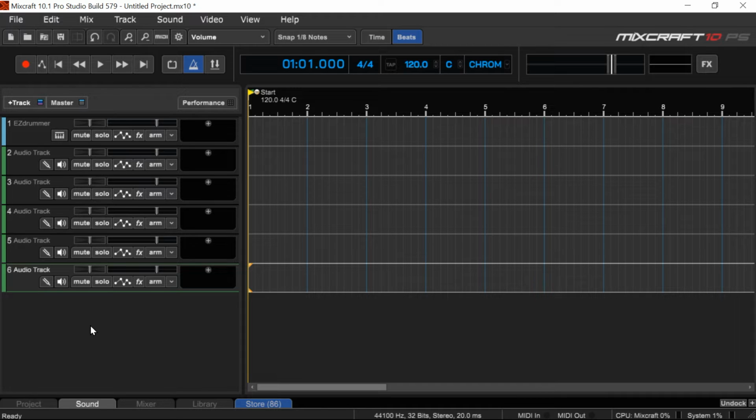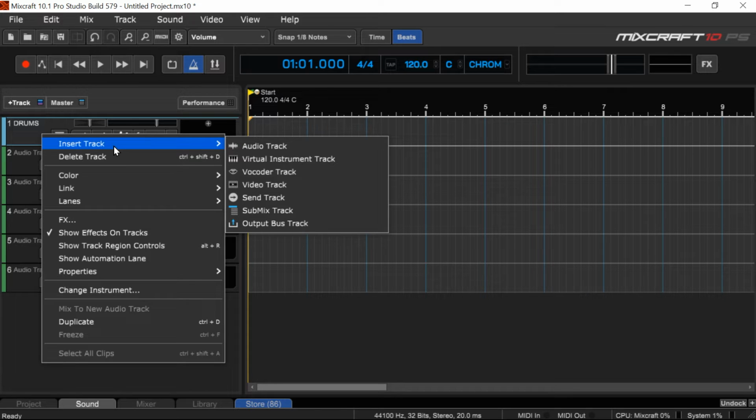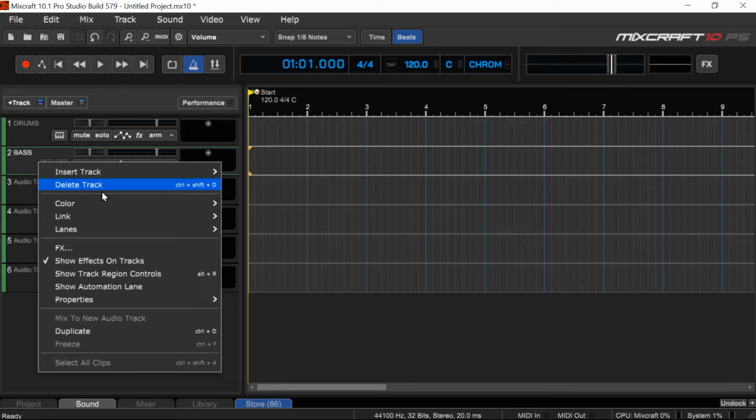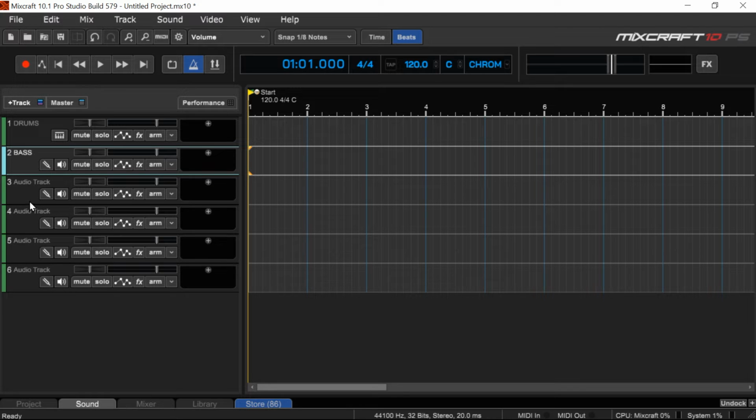Right. Now I'm going to just rename and recolor all these tracks. So first of all, Easy Drummer, nice as it is, I just prefer drums because that's what it is. And color, I prefer my drums to be green. Next up would be the bass track, so double clicking there, bass is fine, enter. My bass is going to be blue,